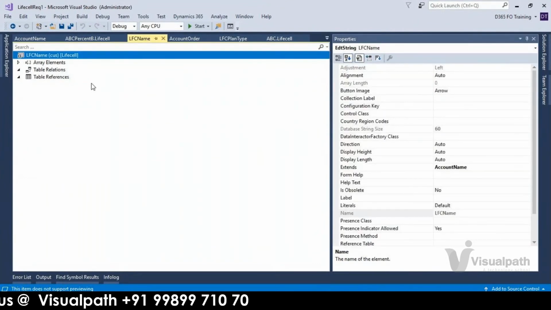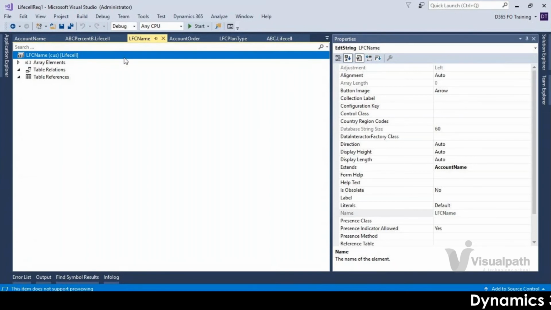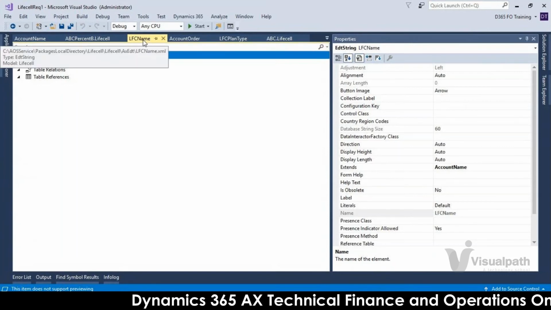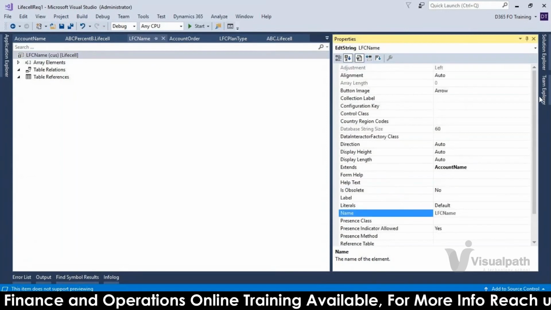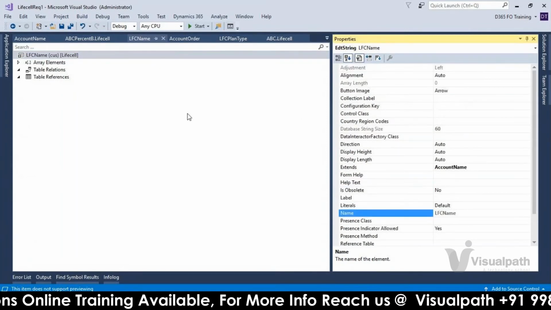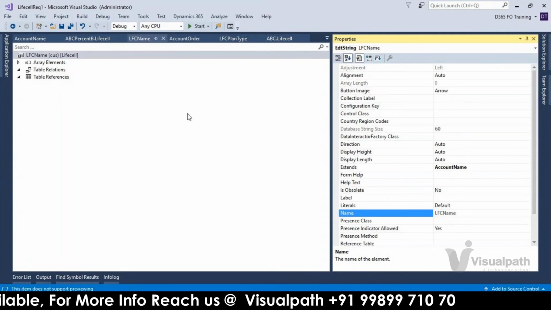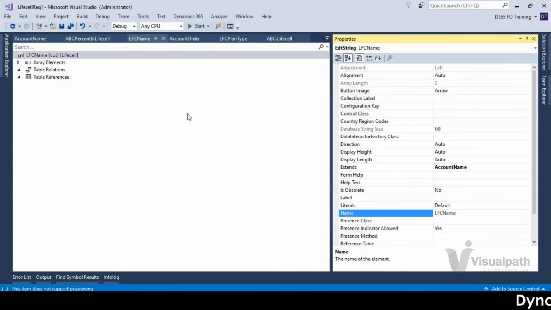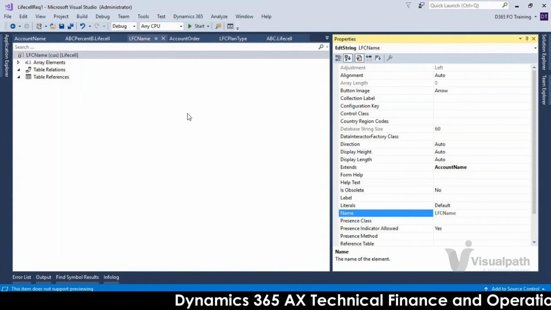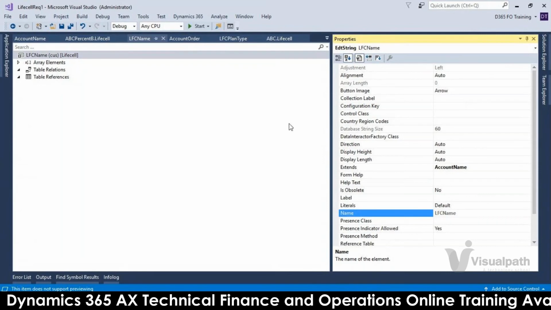That's how we create the new EDTs and enumerations. You can extend the existing one and you can create a new one. If you create a new one, you can change any property. But if you extend it, there are limitations. You cannot delete the existing literal from the base enumeration. You can change only the labels. In an EDT you can change only the labels and string size, if it is allowed at the base enum level. And if you create a new EDT, you can change it to any length.